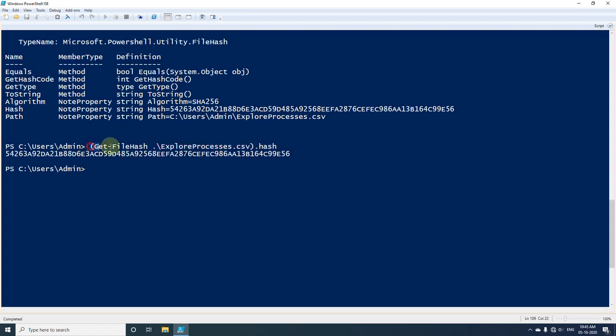Here I have not stored the commandlet output into any variable, but straight away I have used dot notation, and I got the output for the particular property. In the previous example, first we had stored it into a variable, then from the variable we used the property name to get its value. So we can also use it like this if we want to fetch the value of any particular property. Now let's move to another example here.